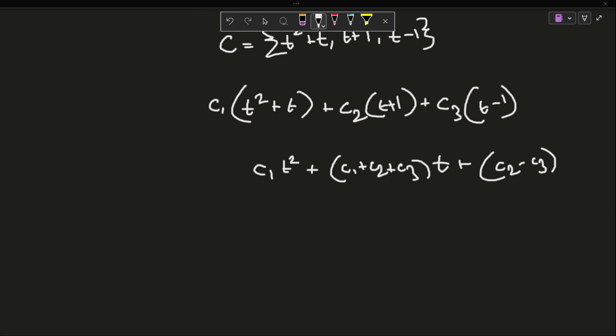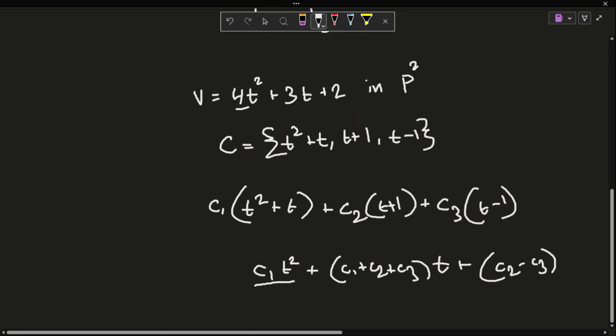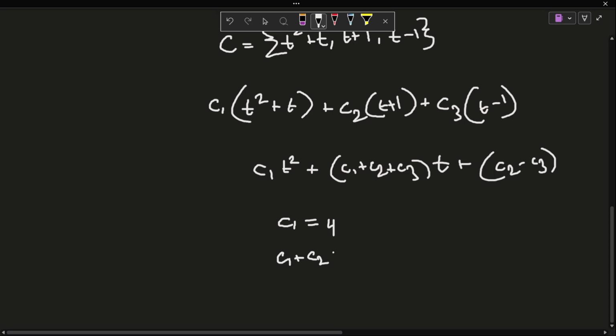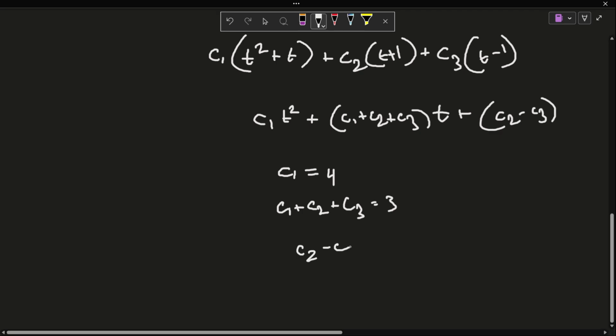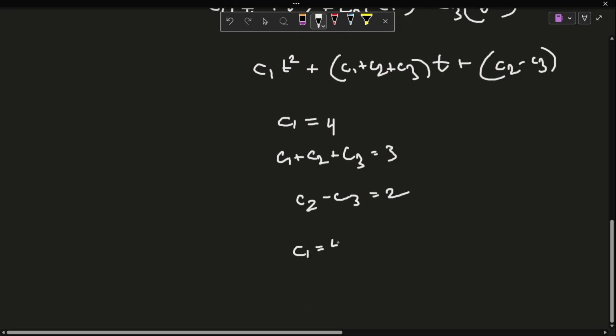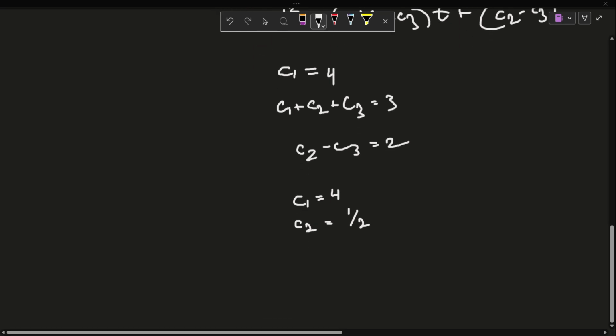And so we can generate a system of equations from this just by equating the like powers. So 4t would equal c1t squared, and then 3t would equal all this, and then 2 would equal this. And so by doing that, we get c1 equals 4, c1 plus c2 plus c3 equals 3, and then c2 minus c3 equals 2. And so our solution is going to be c1 equals 4, c2 equals 1/2, and then